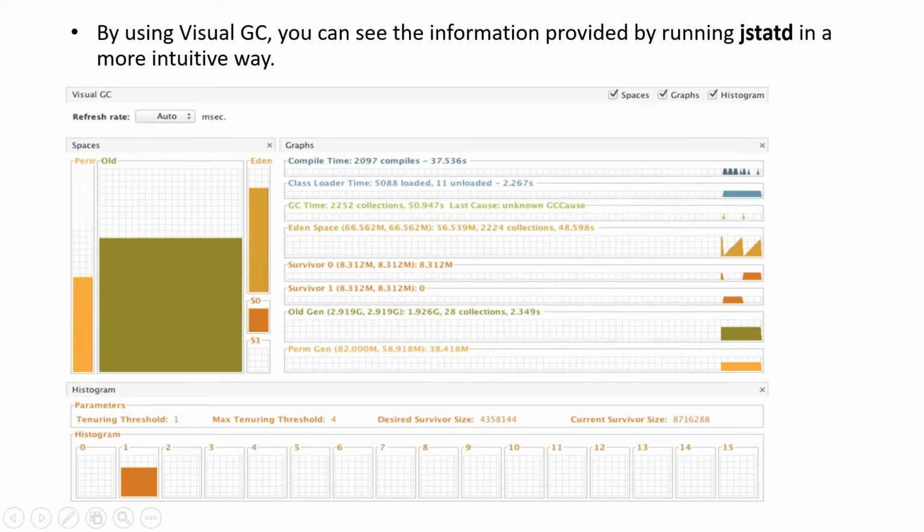So in order to minimize the upcoming GC efforts, this tenuring threshold has to be specified. Did that answer your question, Chandan? Chandan, you're there?